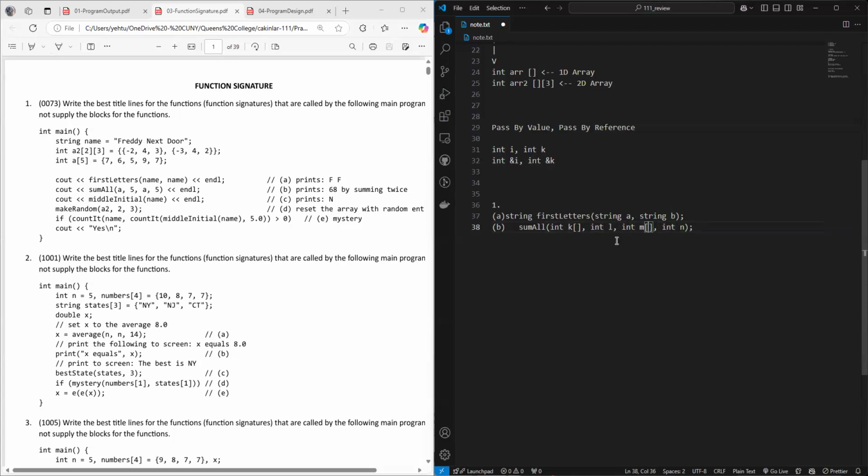And then what is the return type? What is the print? It prints 68. So what should the return type be? Integer, correct? Right. And then for C,